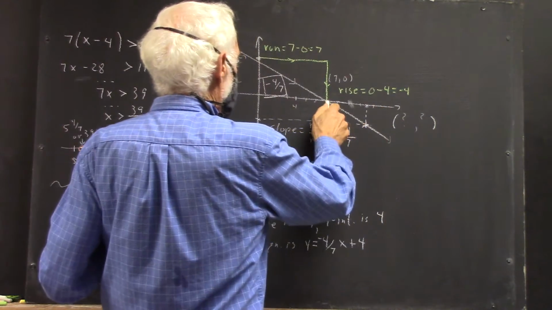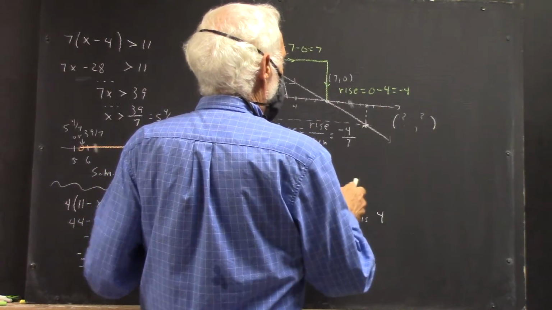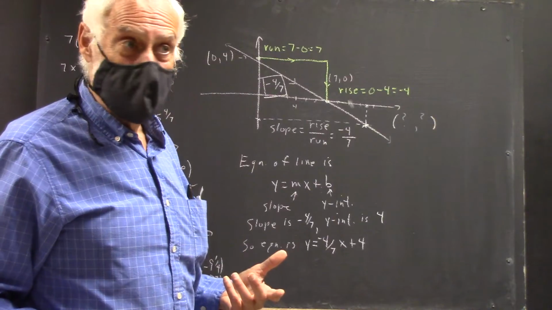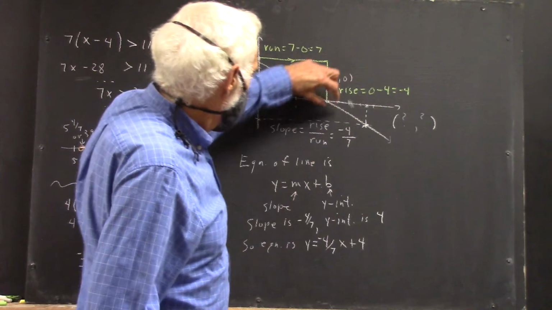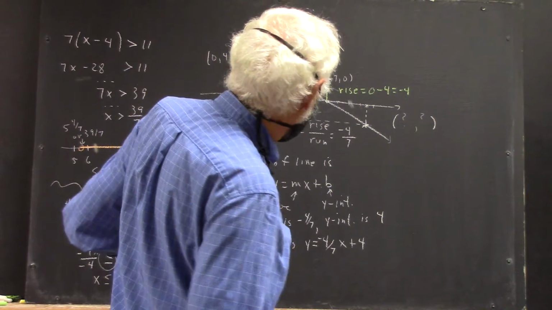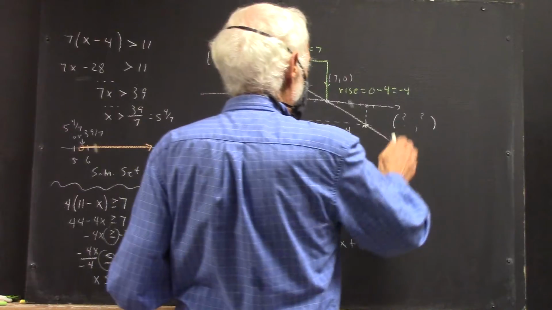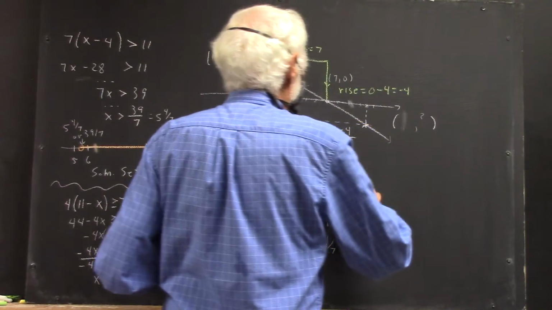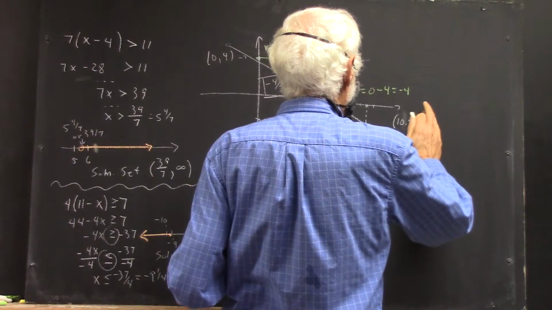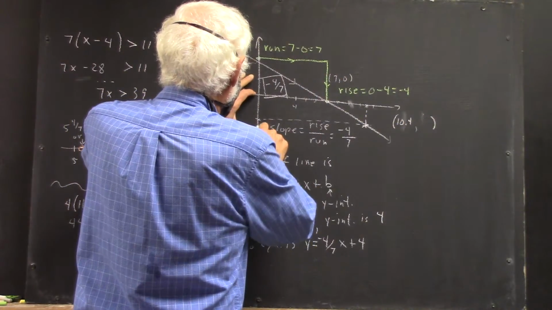Okay, so if that's 7, that's 8, 9, 10, and this is 10, and this is 11. It looks like 10.4 to me, okay? Now, that depends on these units being the same size as these units, and when I look at it closely, they look a little big, so I'm probably off already. So I'm going to say, though, that my estimate is 10.4,